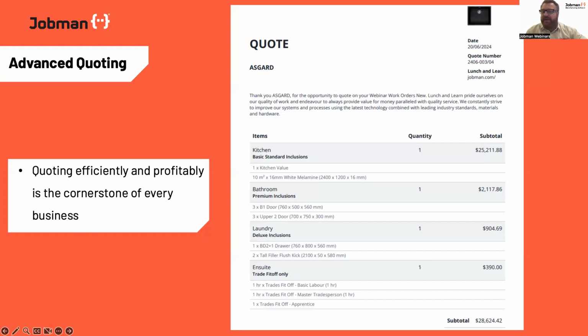The great thing about templates, which is worth noting directly off the bat, is if this is not how you would prefer your clients see the information, a lot of clients prefer a more basic template where they're simply seeing the sections and the items and the inclusions and just a price. They don't need to see everything inside. That's the great thing about Jobman templates. And you can have multiple set up, to drop down, very easy. You can flick between them depending on the client.